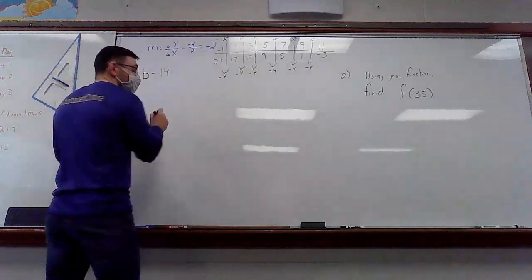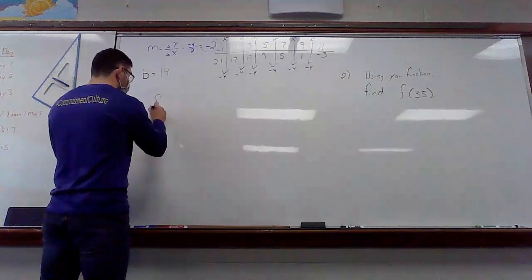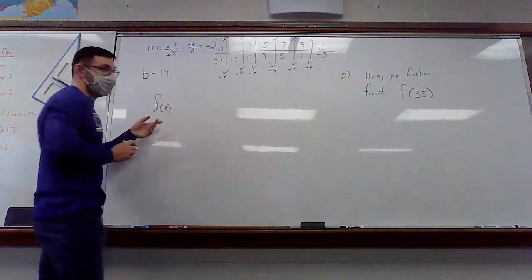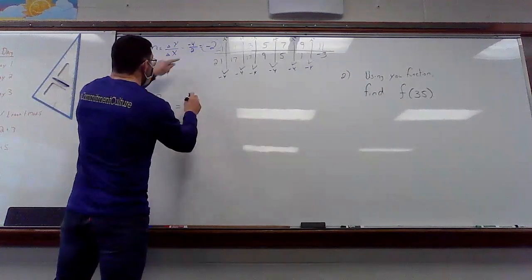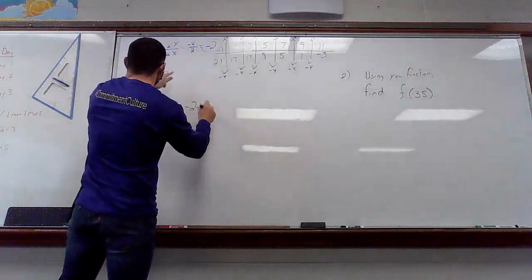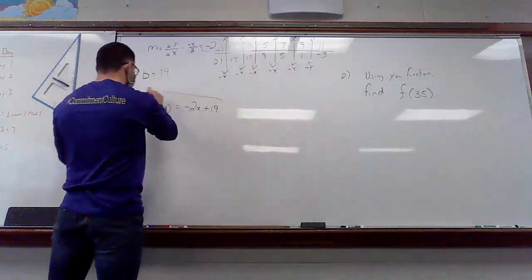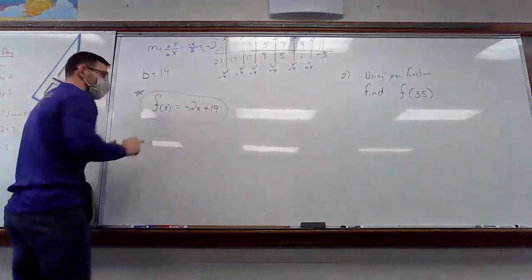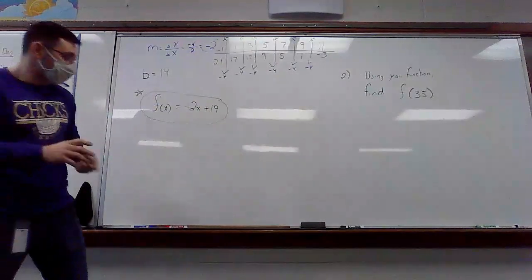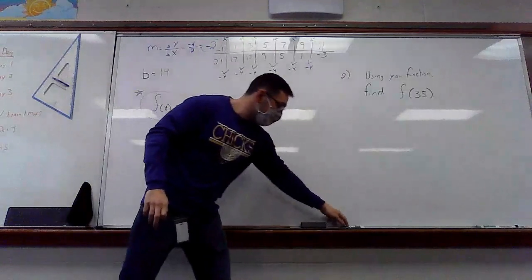Let's make sure this works. It said I asked you to write a function. So the function is f of x, because that's really taking the place of y, equals negative 2x plus 19. That right there is the function. How can I make sure that I've done this correctly? Well,